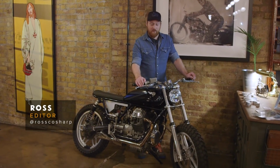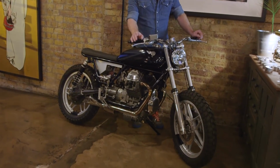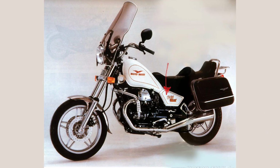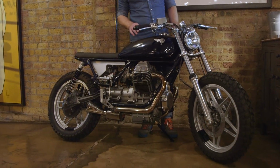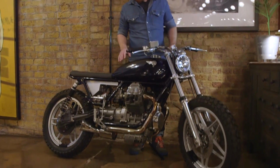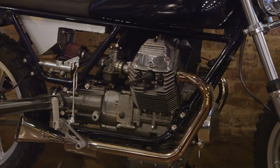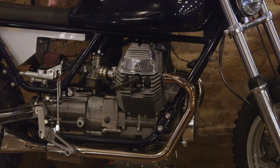So this is the latest build from Foundry Motorcycle from the south coast of the UK. It started out life as a V65 Florida, which Guzzi fans out there will know is a really horrible motorcycle. They had a big sloping tank and it was a sort of mid-size faux Harley cruiser thing. Horrible machine. But underneath it all is the gorgeous Tonti frame and V-twin shaft drive power plant that all the